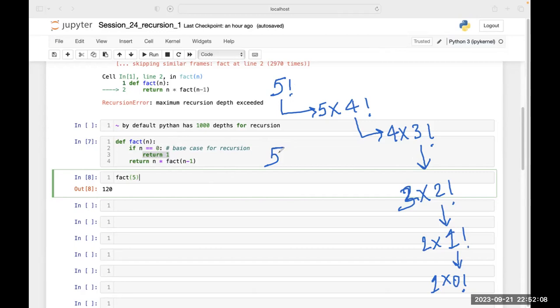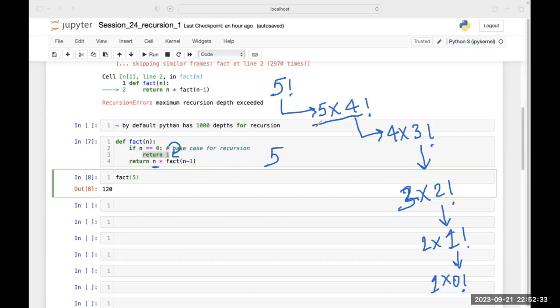No, n is not equal to 0. It is false, so it will not go inside this. It will come here, and what will it return? It will return this 5 into 4 factorial. This n is 5, and this factorial n minus 1 is 4 factorial. So it has returned me this.